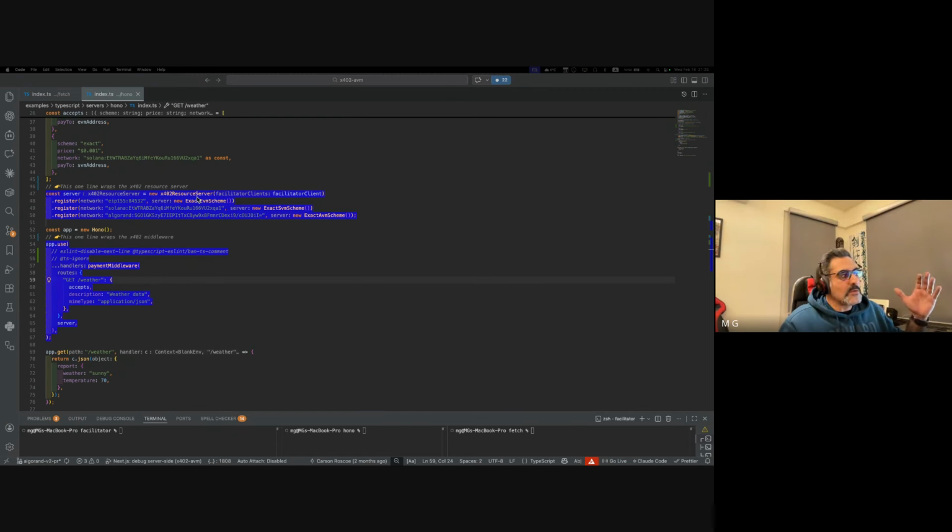Number one is to wrap your server component within x402. So your resource server will be wrapped with x402 support. It will add every component and every function needed for your server to be able to communicate with the facilitator, receive the requests from the clients, and give back the payment requirements in answer to a protected resource request from the client. So a one-liner, which is wrapping your server inside